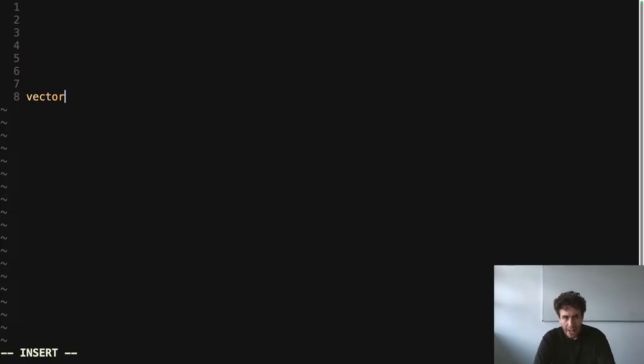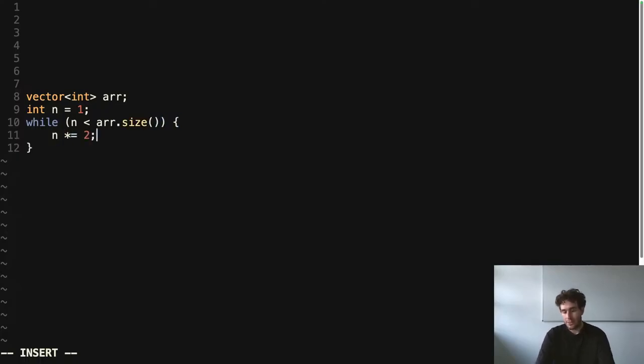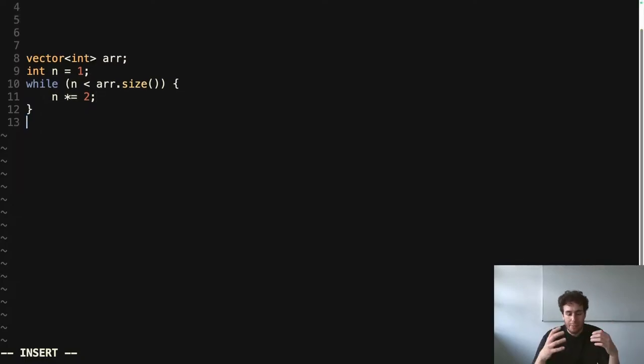So we have our array. It could have length not a power of 2. For now, we want it to always be a power of 2. So let's find a power of 2 that is at least the length of our array. So n is always going to be a power of 2. And while this power of 2 is less than the size of the array, I'm just going to double it. If I double it, it's always going to stay a power of 2. So at the end of this while cycle, and yes, I'm going to use C++